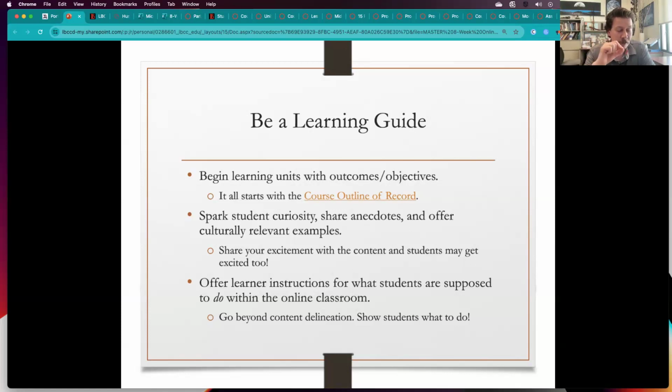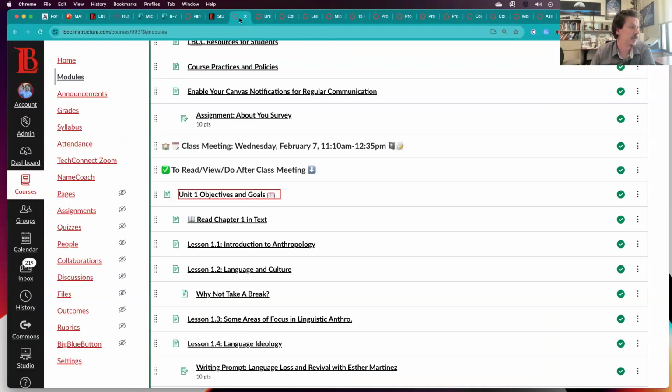Okay, we would never walk into our physical classroom, press play on a video, and then walk out. We would say, look, students, I'm going to play this for you. I want you to look for A, B, and C as you watch. And please, I urge you, consider what that can look like in your online classroom. For example,